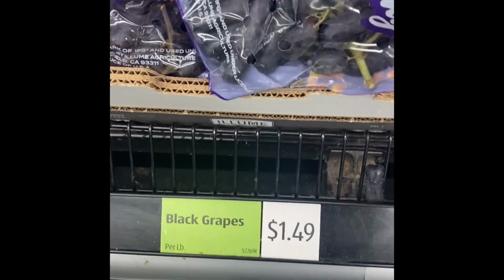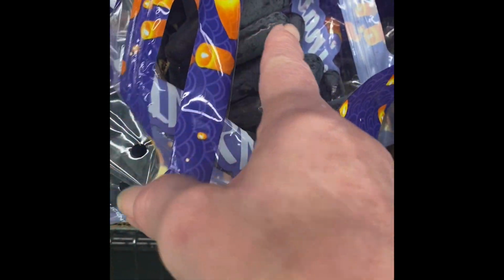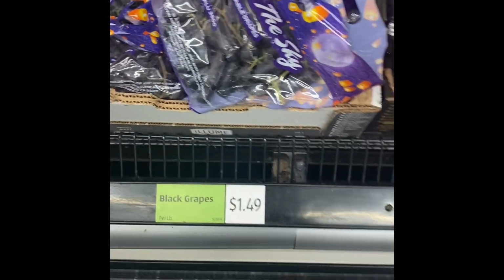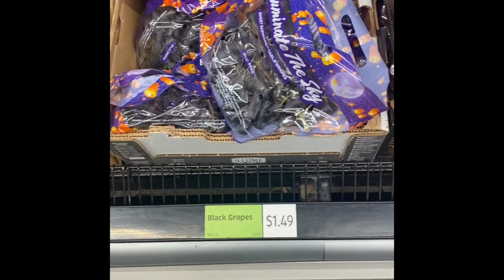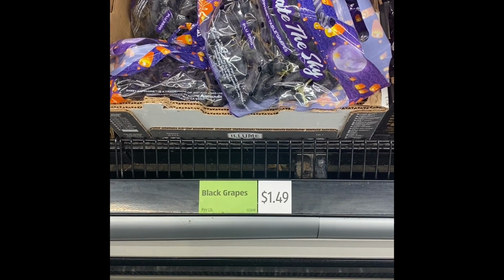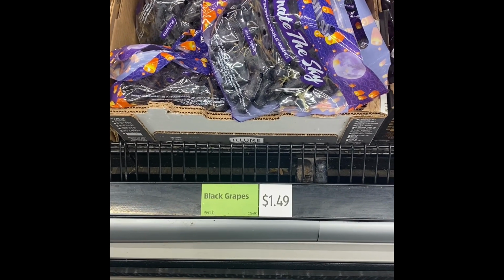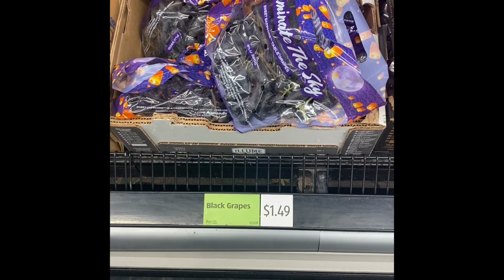So one of the things I did purchase is about 5 pounds of these black grapes, the long black grapes, to juice, and maybe to make some jelly out of. These really look delicious. I haven't seen these before, and they just look extra good, so we're going to try